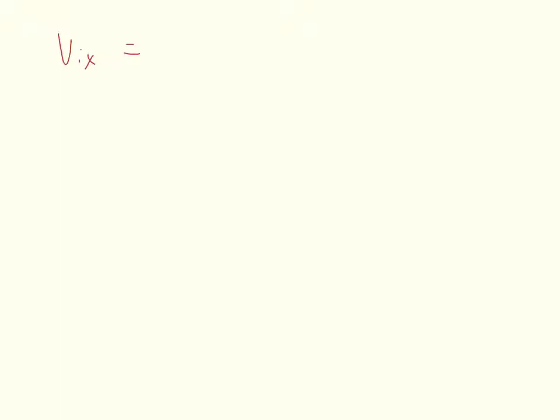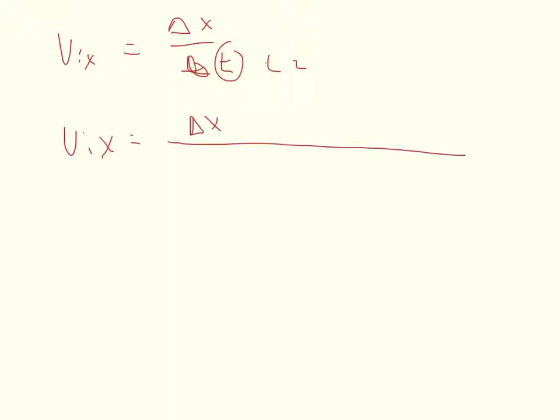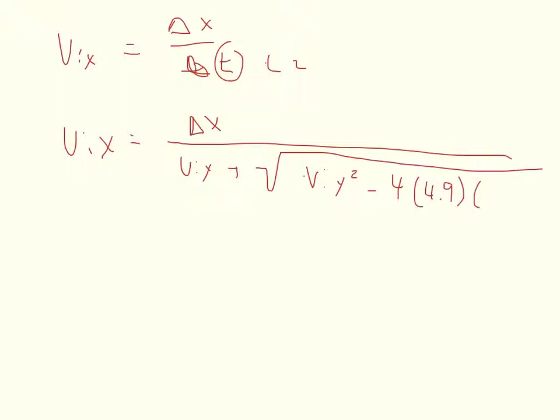So part 2, we need to find the initial velocity in the x direction. The initial velocity in the x direction has no acceleration, so the formula is very simple. It's equal to delta x over t. Now all we have to do is replace t with our equation for t2. So we get v initial x is equal to delta x divided by, it's going to be long, v initial y plus the square root of v initial y squared minus 4 times 4.9 times 1.2192 divided by